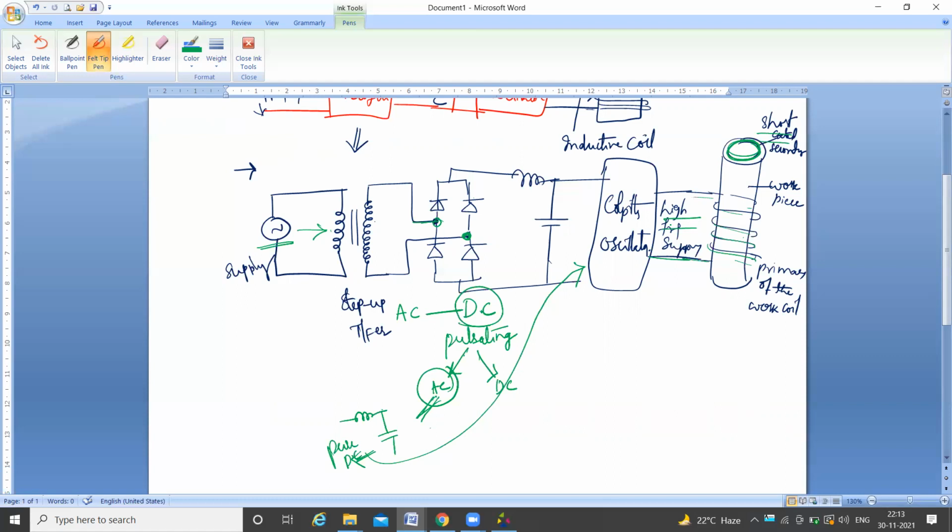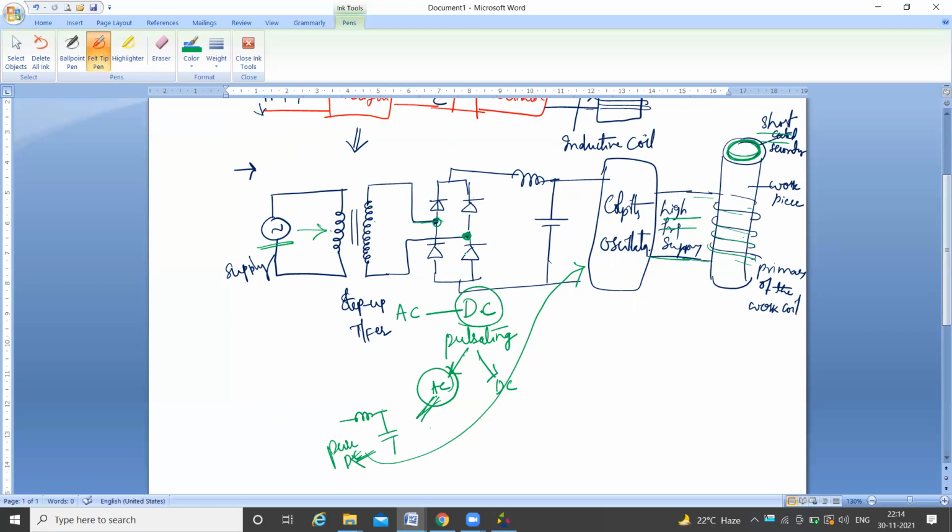To minimize the heat loss, the system has to be designed properly for absorbing the heat within the oscillator circuit. The induction coils are made in the form of hollow tubes through which cold water is circulated to absorb the heat. The frequency used in the case of non-magnetic materials is about 50 kilohertz.